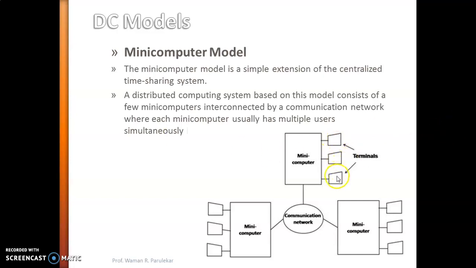it. Like this, see, these are the multiple terminals which are connected to mini computer. These terminals can be used by the users who are logged into that particular terminal, and that terminal is connected to mini computer. So mini computer number 1 has 3 terminals connected to it. This mini computer also has 3 terminals connected to it. This mini computer also has 3 terminals connected to it, and all these mini computers are connected to each other through this